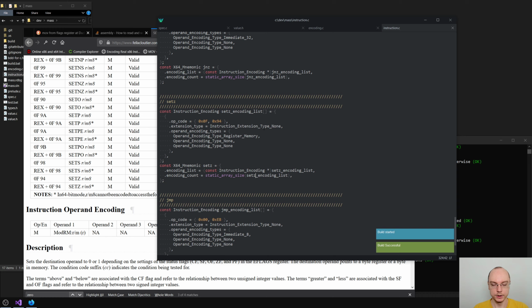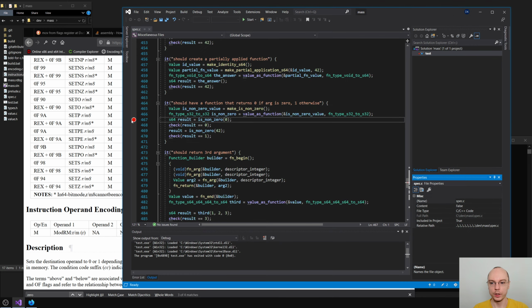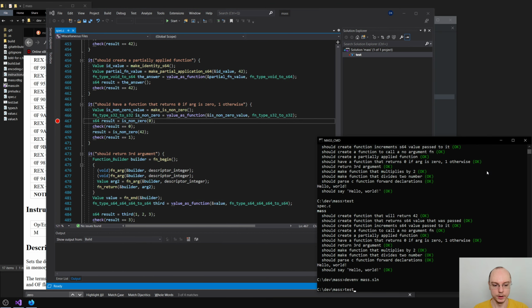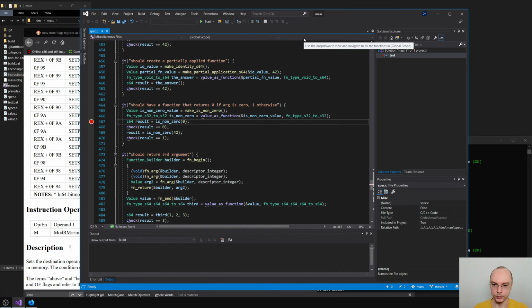Let's try to build this. It does build. Now we want to try again to see what is going on with the resulting code. Let's start the debugger. It doesn't have the file. Let's run the tests. Tests obviously still pass because we are not actually doing anything in those instructions, although maybe the instructions were broken, so at least that's a good indicator for us to see that this is not